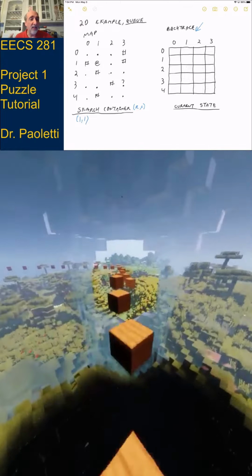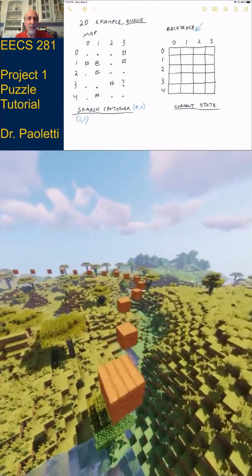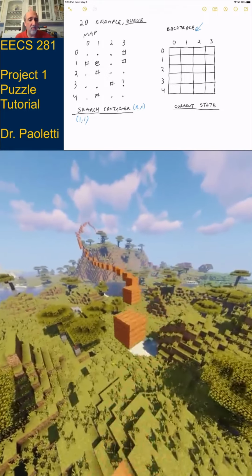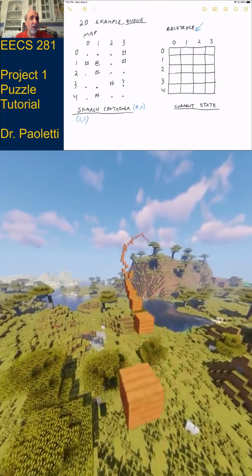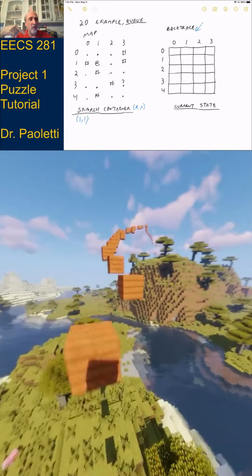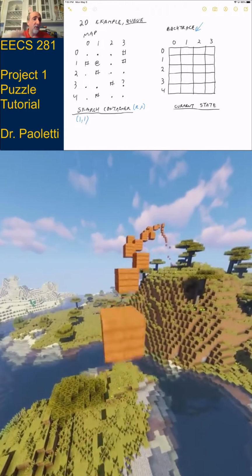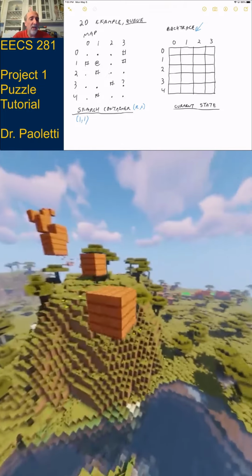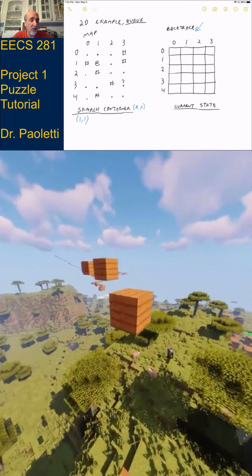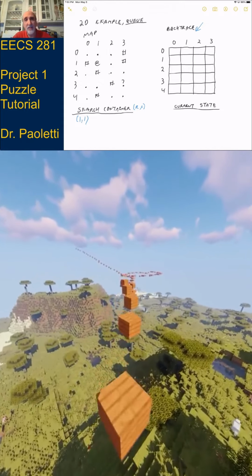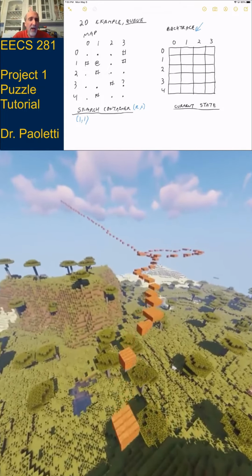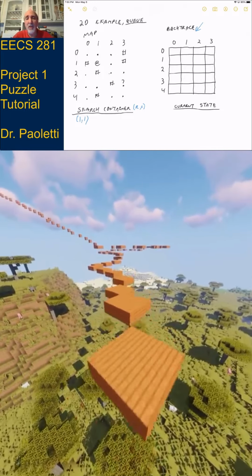Now, this isn't going to make a lot of sense if you haven't read at least part of the project spec yet, but one of the keys is that we only discover things once. That's important because otherwise we might start at the start and go north and go back south and go north and go south, and loop forever going nowhere. So we've got to make sure that we only discover things once. When we put them into the search container, that's when they get discovered. And that's what the backtrace info is going to tell us. We could call this the backtrace, or the discovery, whatever makes sense to you.